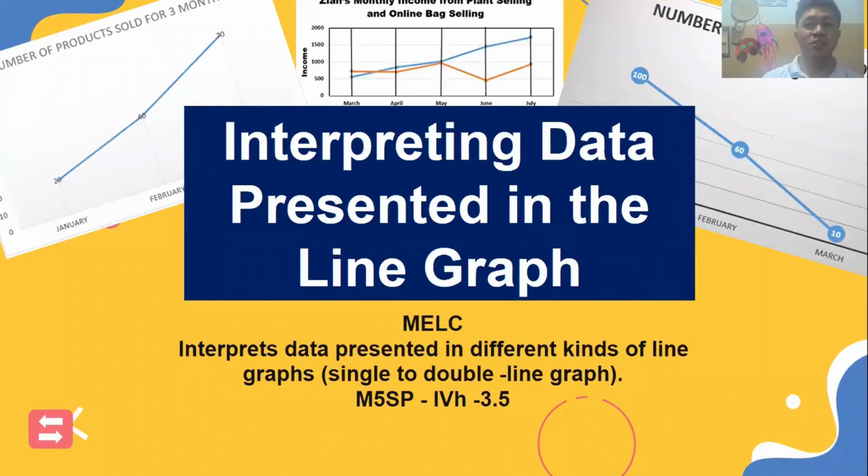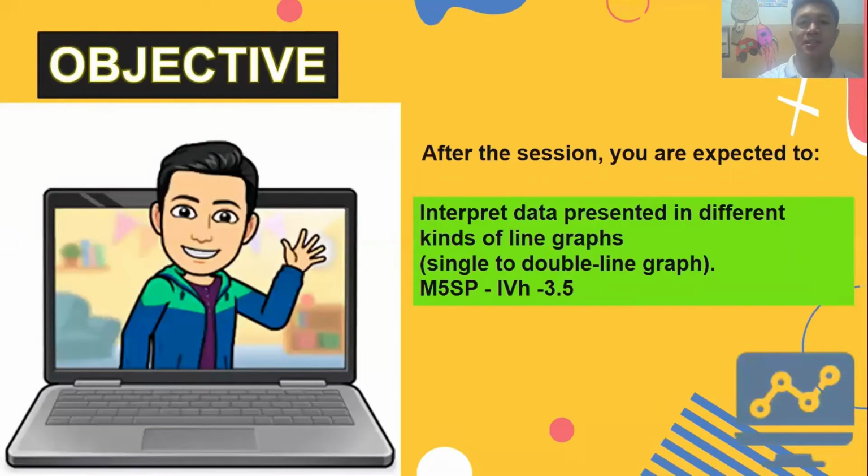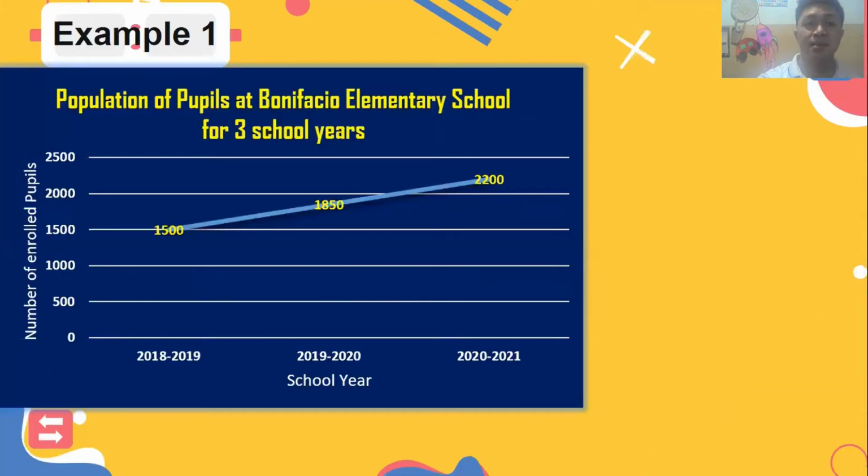Now let's move on to our lesson, which is interpreting data presented in the line graph. And with that, after this session, you are expected to interpret data presented in different kinds of line graphs, from single to double line graphs. So now observe the line graph and answer the following questions. So for our first example, we have,